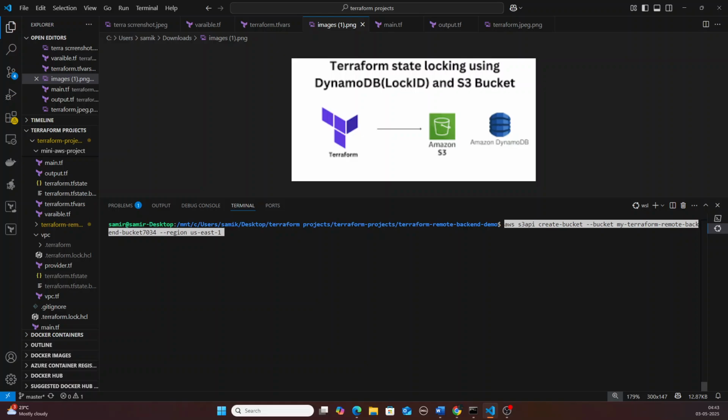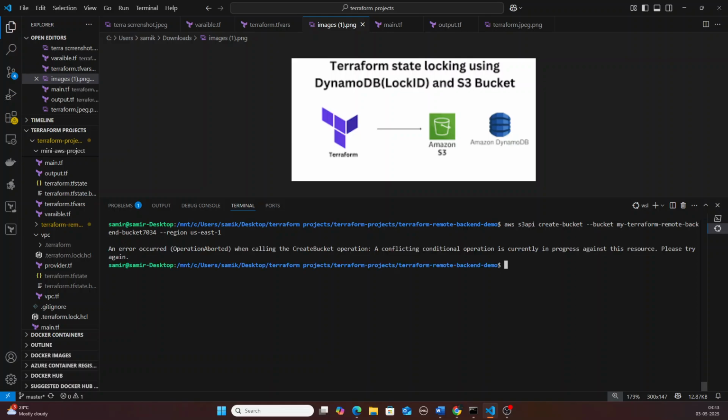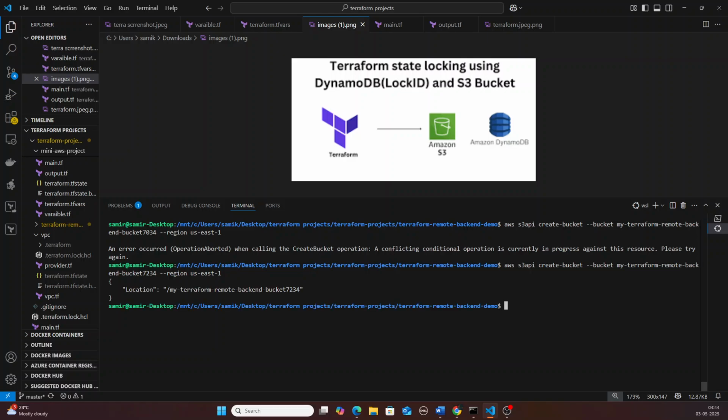So let's press enter. I have to give a unique bucket name. Now we'll press enter. So our bucket gets created,